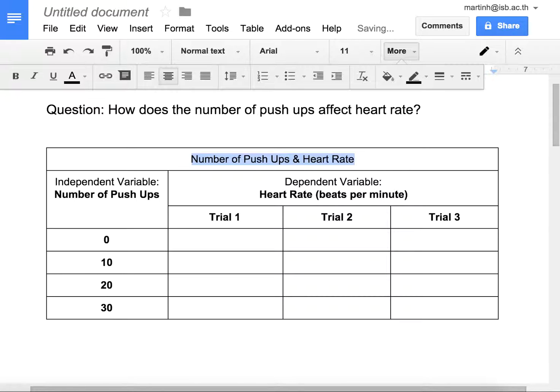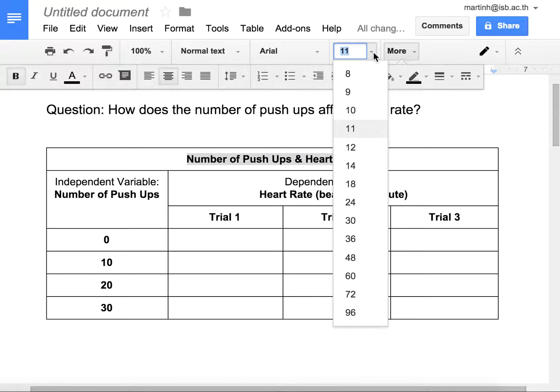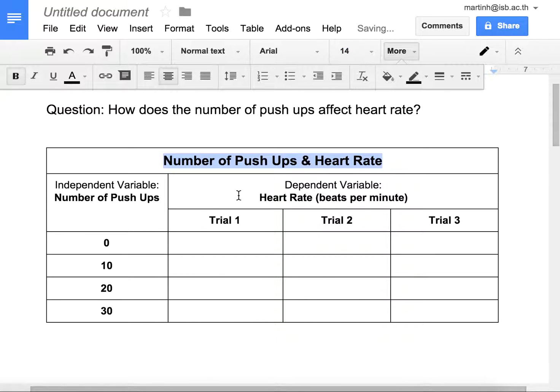Okay, I'm going to go ahead and select all of that, bold it, and just because it's the title, I'm going to actually choose a larger font. Let's try font 14, so that it's clear that this is what the whole table is about. And we're almost ready to put the data in, but before we do that, I'm going to have you guys